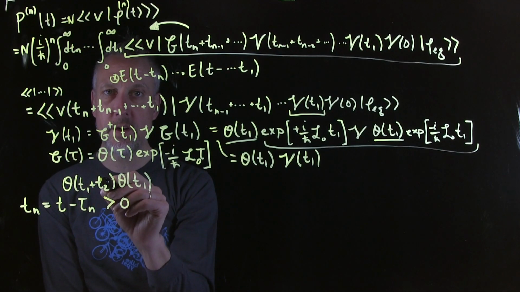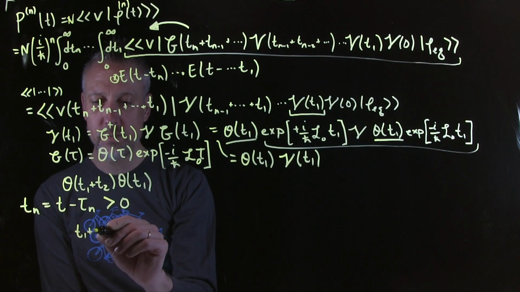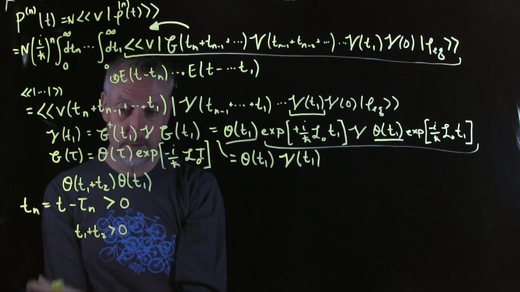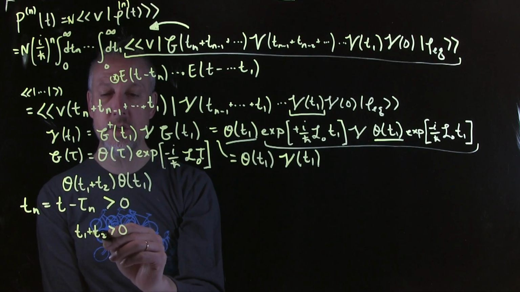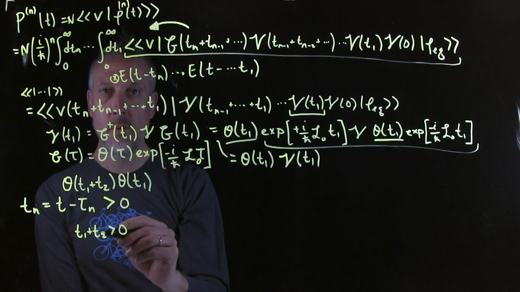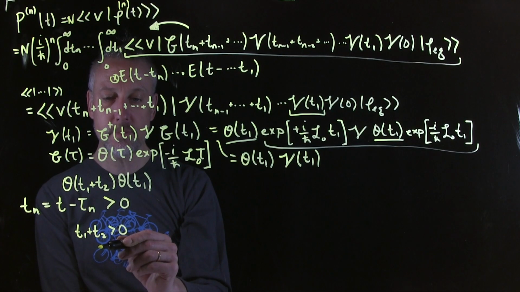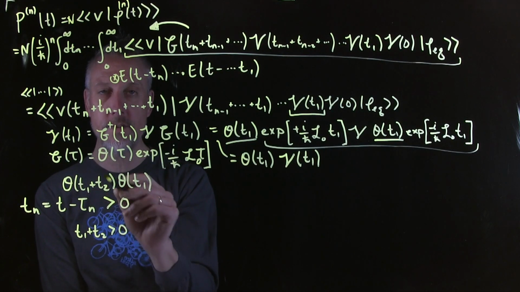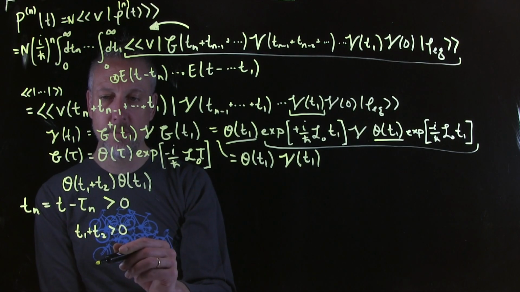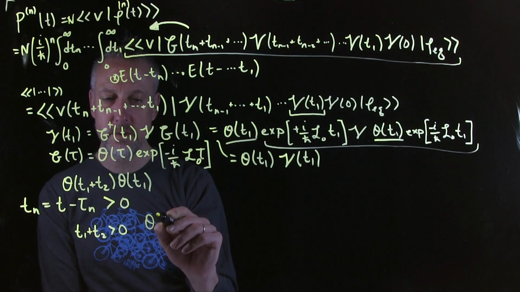Remember, a Heaviside function is going to be 1 when T1, for example, in this case, plus T2, that sum is greater than 0. That's what a Heaviside function is. So we have the condition where T1 plus T2 is greater than 0. Now what do we know about the sign of T1 and T2? Both of them are greater than 0. So if we know that the inside of this is greater than 0, then we know that the T1 plus T2 theta